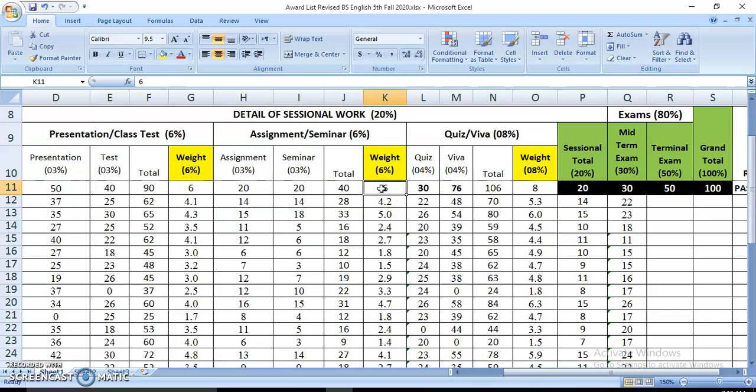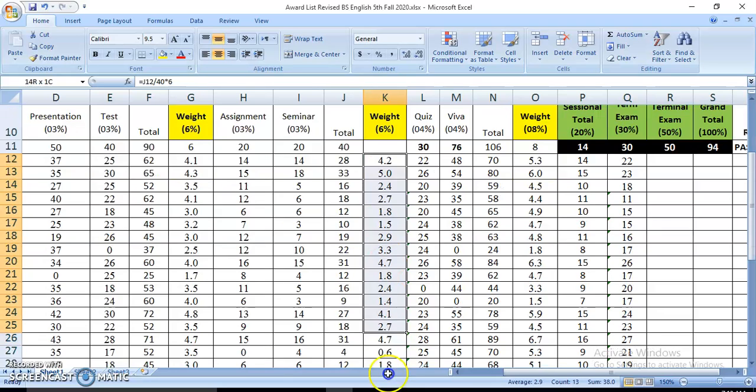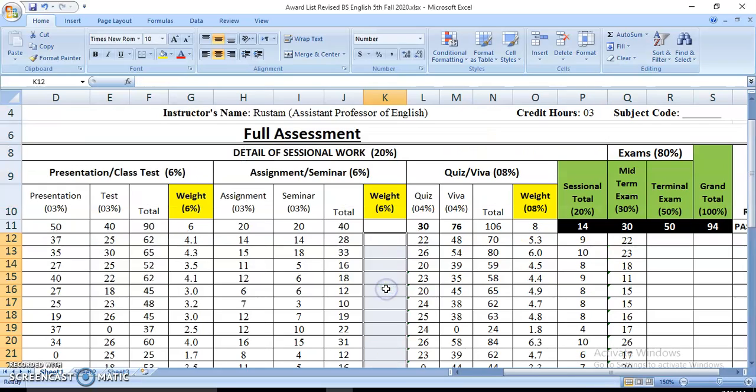Now here let me once again explain. I'm going to read all this for you and see how we manage it. Now again I have given the weightage 6, so this is 6. Now here I am going to put the formula. Because this is student row number 12, so is equal to, now this cell number J is automatically placed. Now I have to put a divide sign like this. So this student has got 28 out of 40, so write down 40.